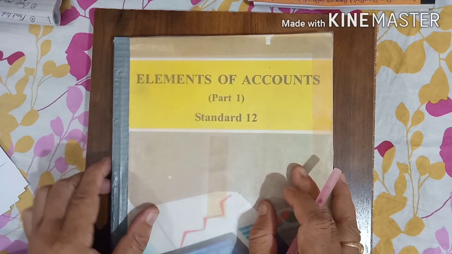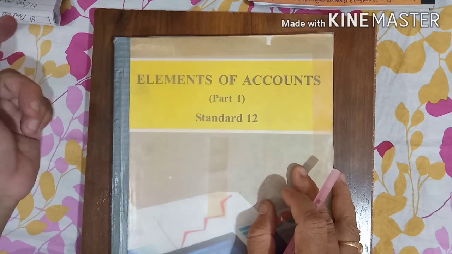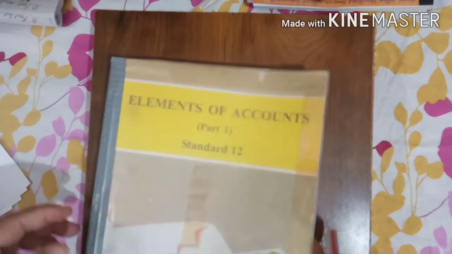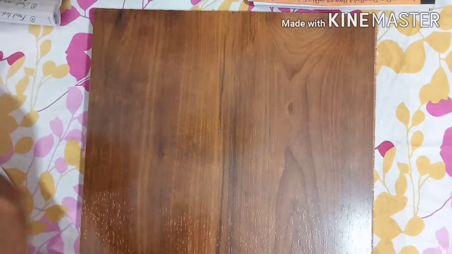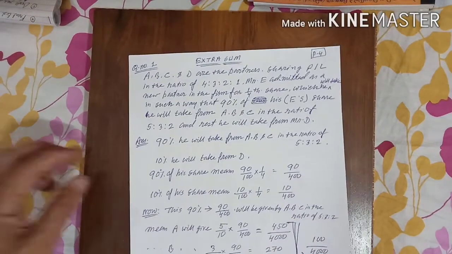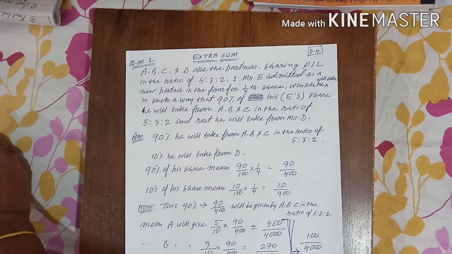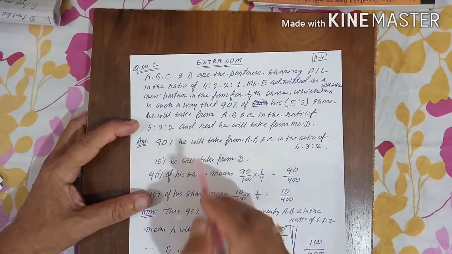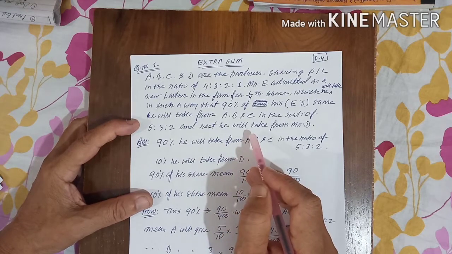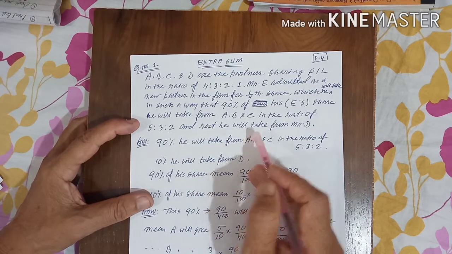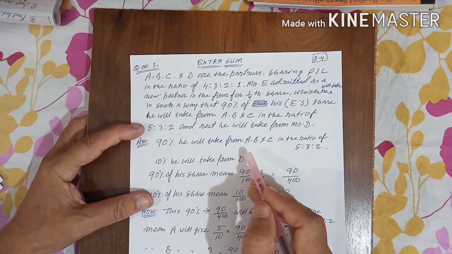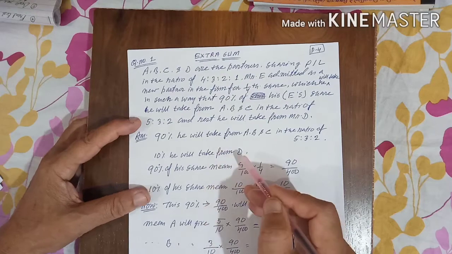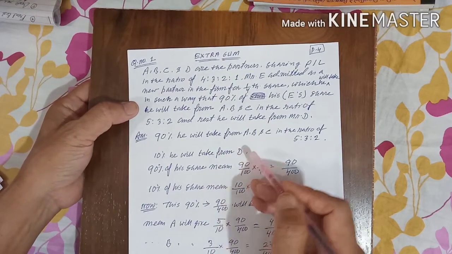But apart from your textbook, I want to do a few extra types of sums which are not given in your textbook. Whatever sums are given in the textbook, you will practice those, I know that. But a few extra sums I made, questions you will not get from your book, and if they come in your board exam, you should be able to do them. Let you know what are the different types of sums which are not given in your textbook.